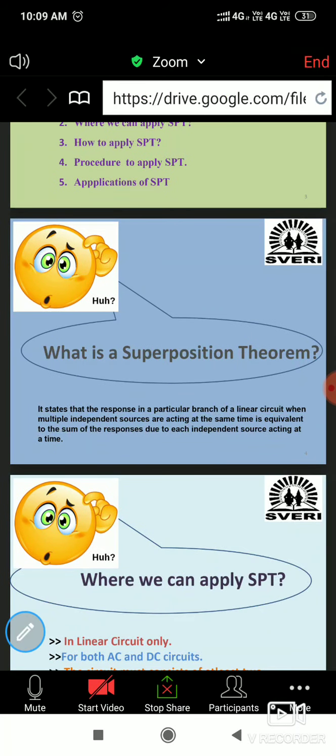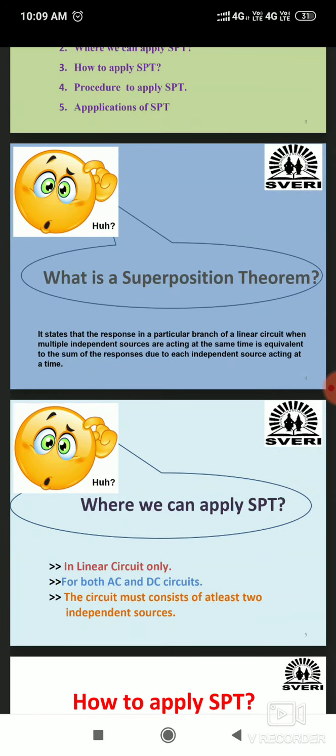When we hear the name, what is the superposition theorem, we will think, what is this? This will be the new one. हा सगळ्यांसाठी नवीन आहे की नाही? This will be the superposition. Whether you heard this word, हे word तुम्ही ऐकलंय का कधी? Okay, this will be new. Whenever a new thing is there, the question will come in the mind: what is this one? What do you mean by this word? What is this theorem? Okay, that's why a symbol is given. The finger is at your head.